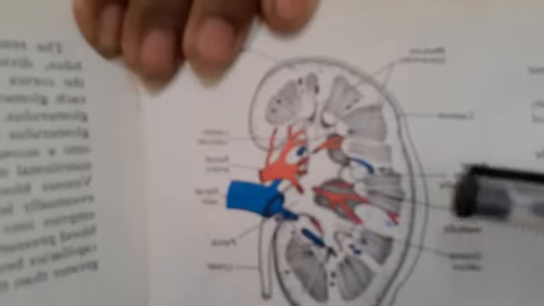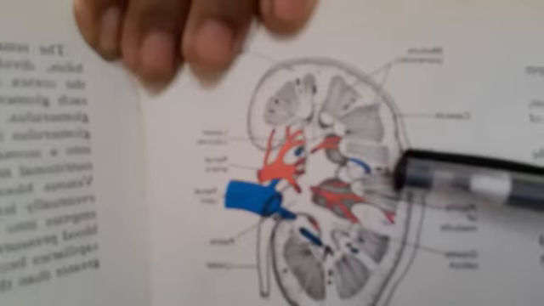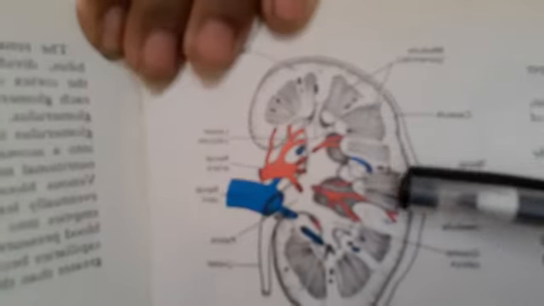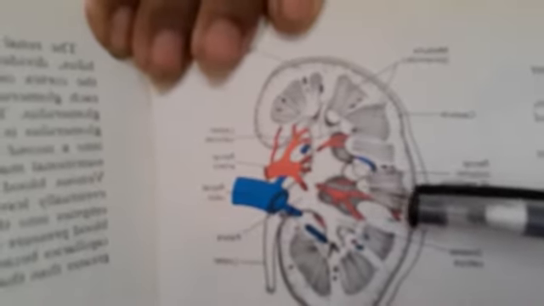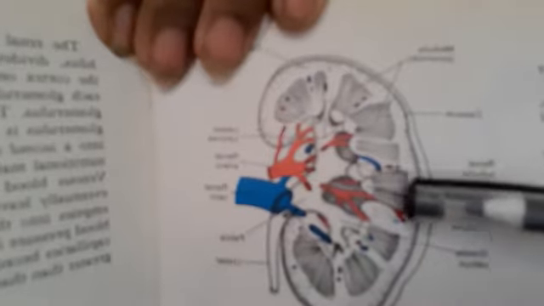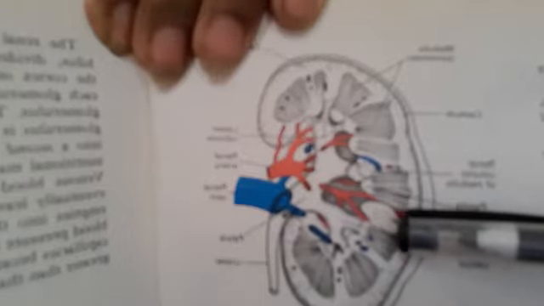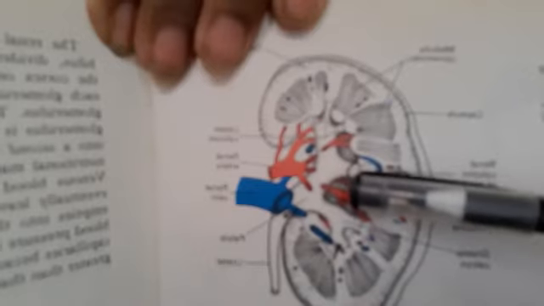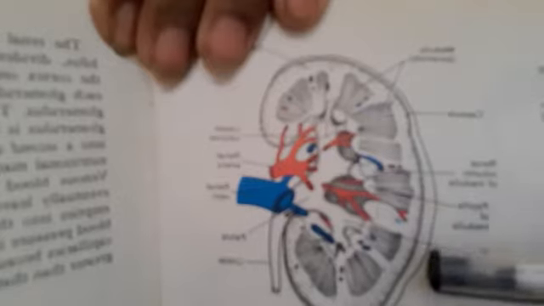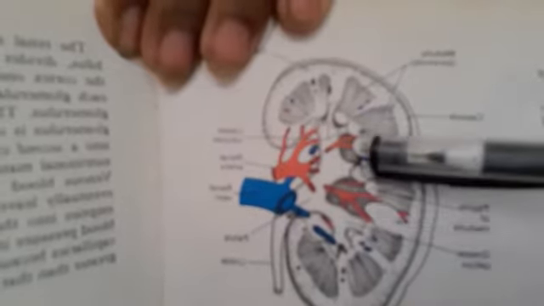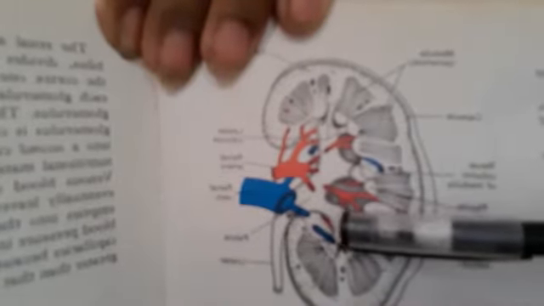There are certain conical processes, clear? There are certain conical processes that move from the renal medulla to the pelvis. These are called renal pyramids. The broad base of each pyramid faces the cortical area, and their conical ends, the renal papillae, are directed towards the center of the kidney. And all the pyramids project towards the pelvis.